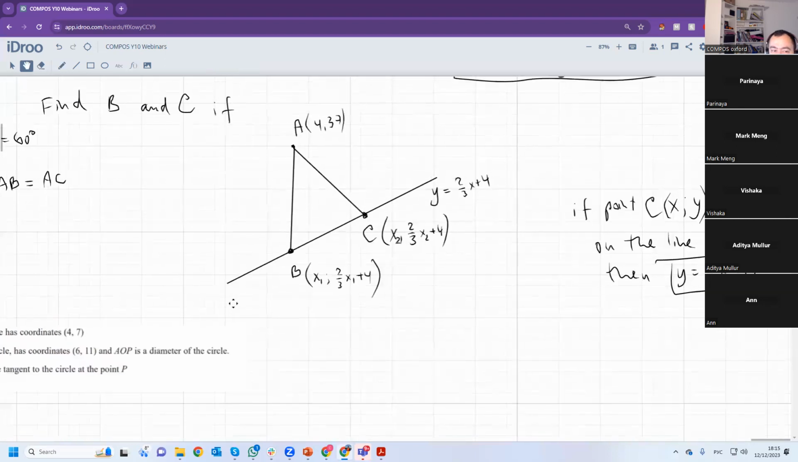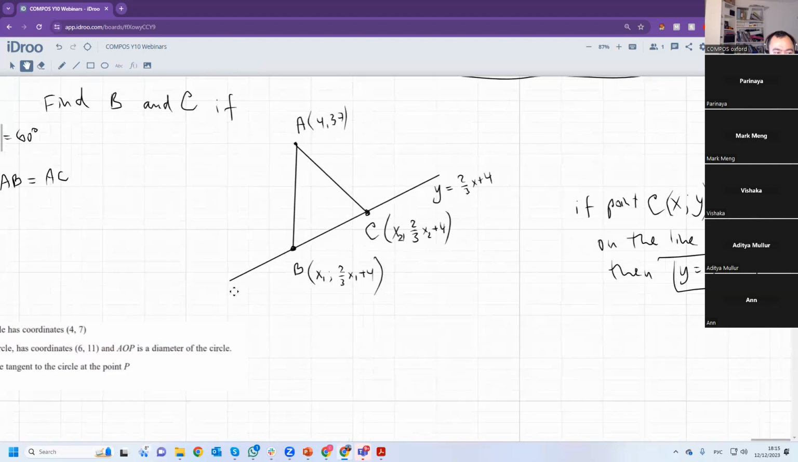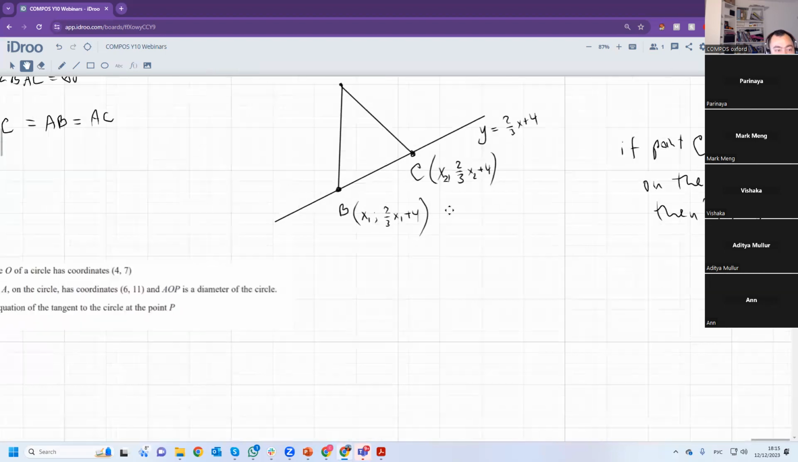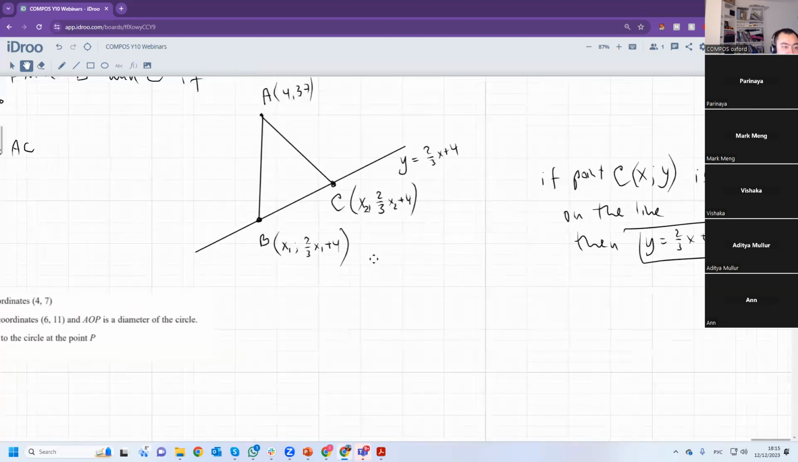I just don't like indices because they make life harder. But okay, let's put it this way. B has coordinates x1, 2/3 x1 plus 4, and C has coordinates x2, 2/3 x2 plus 4. All right. So we know that